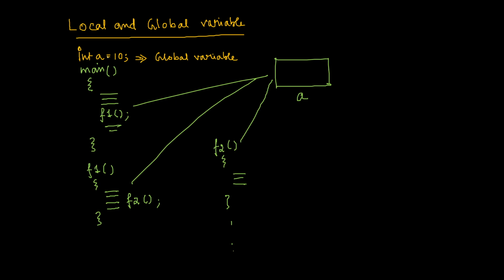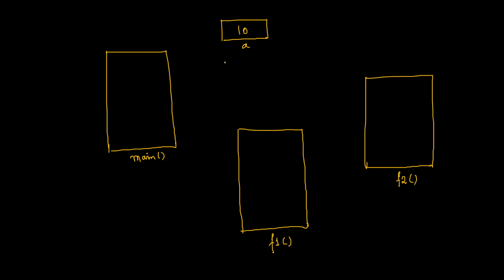By this particular line, which is outside any function or outside any scope of the program. So basically what you can say, it's a global scope. That's why it's a global variable, so that it's visible to all the functions from all the scope. So this is what we call global variable.